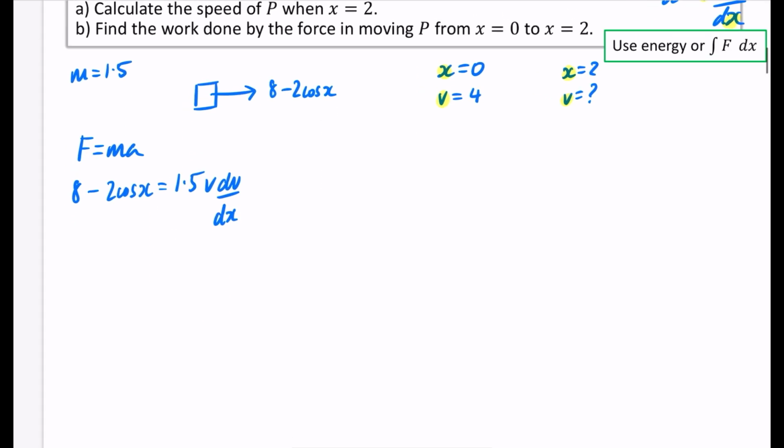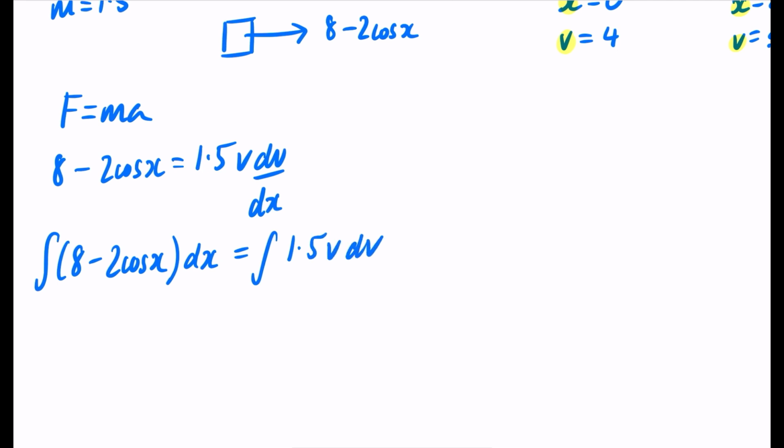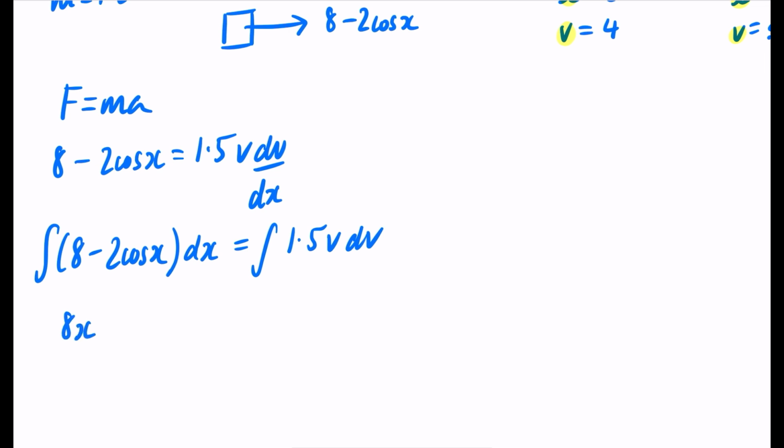And then I'm just going to solve this, okay? So I'm going to multiply up by that dx so that I get the integral of 8 minus 2 cos x dx equals the integral of 1.5 v dv. So integrating on this side, I get 8x. Sine differentiates to cos, so cos is going to go to minus 2 sine x. And then for the 1.5v, I'm going to increase the power and divide by that new power,